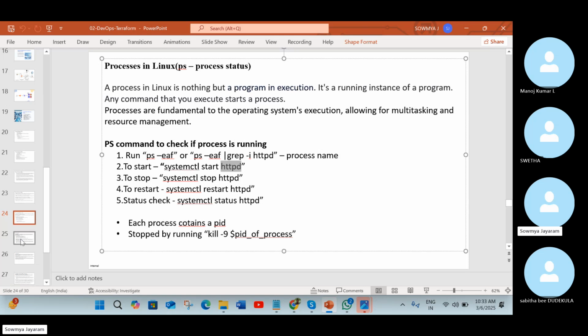Okay. So as I told you, what is Docker registry and what is Docker Hub? Any idea? So Docker registry, it is a public registry. Yeah, Manoj.